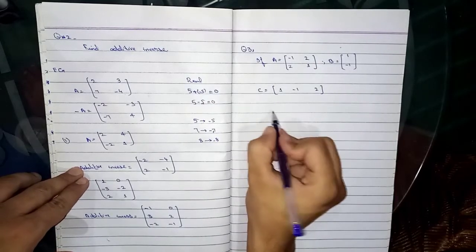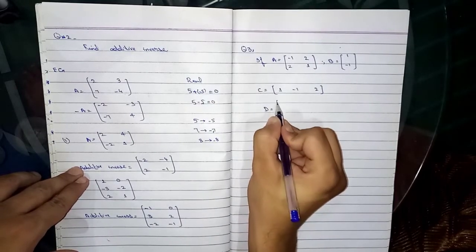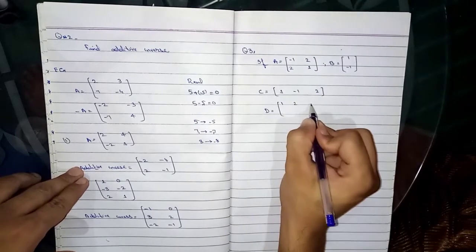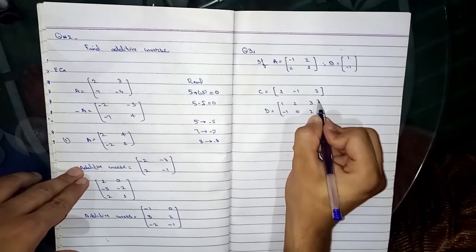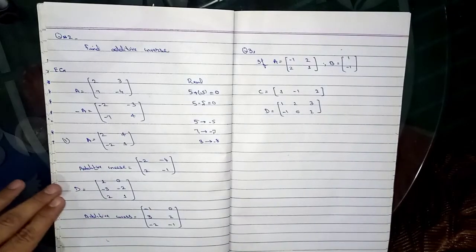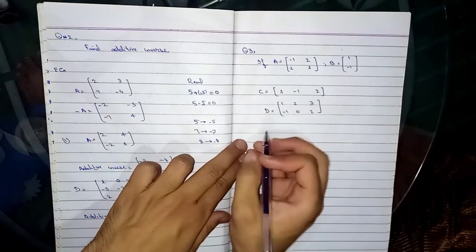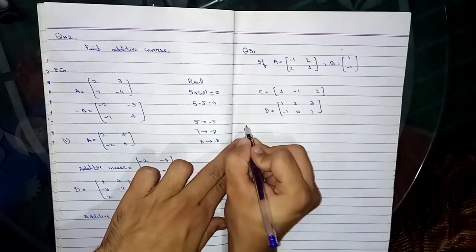And matrix D is equal to 1, 2, 3, -1, 0, 2. Students, it has nine parts and they are very simple. The first part is to find the value of